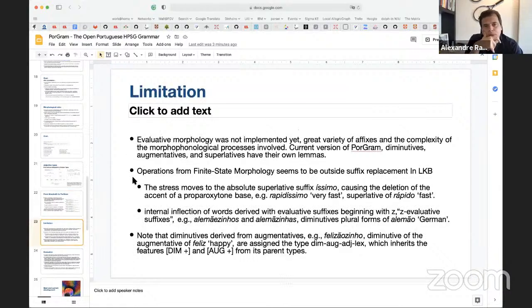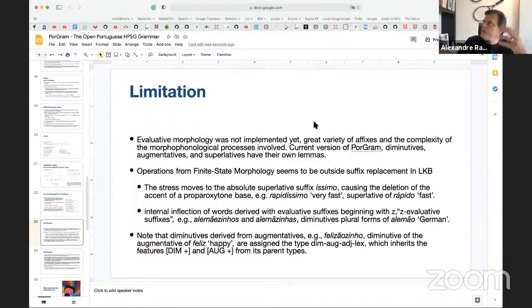Okay, so there are limitations, as I said, in the way that morphology is handled in the LKB, and there are ways to overcome that. With finite state morphology, using, for example, a tool like that, we can do more things than we are able to do in the LKB itself or in the Matrix, and people have different solutions for that. So far, we are finding our ways within the current limitations. I will not take time to go deep on that, but another way is to plug in some